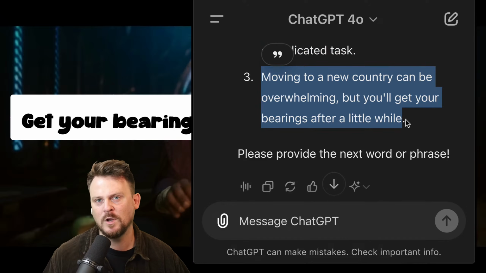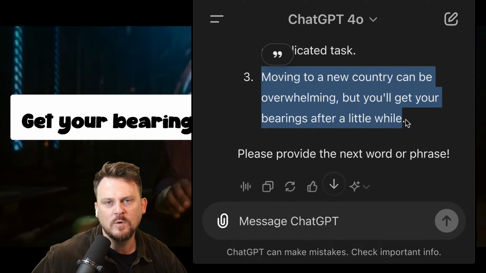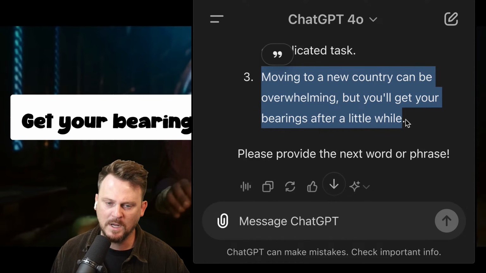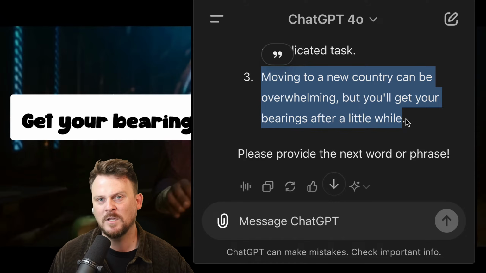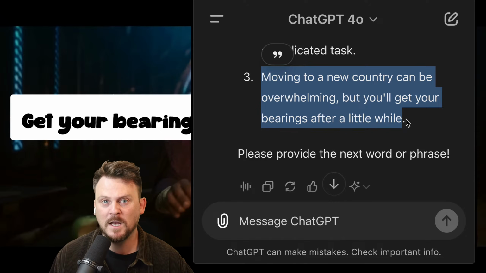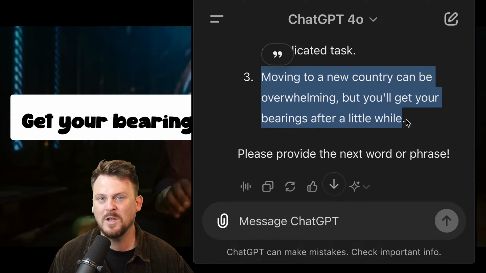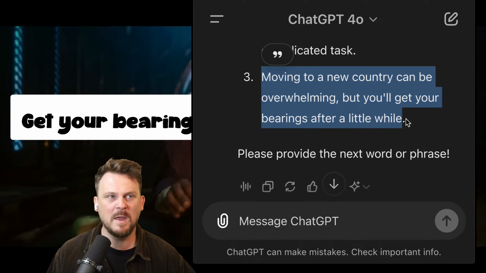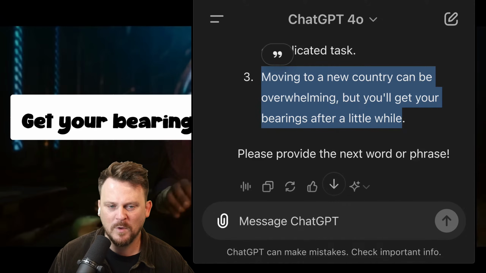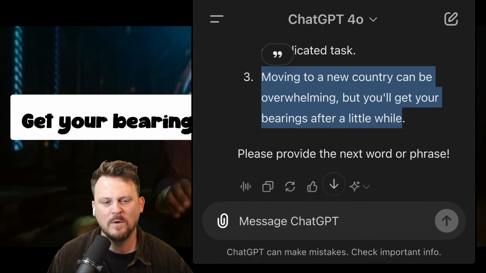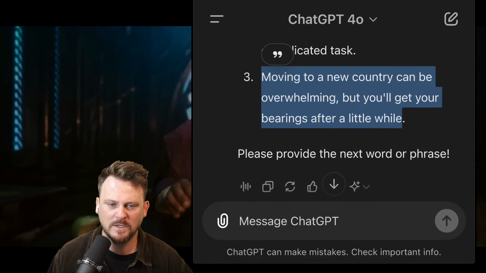So that's not about just knowing where you are in the new country. That's about maybe learning a little bit of the language, understanding the culture, knowing where the supermarket is, maybe knowing where you can get help when you need it, making a few personal connections with people, right? So that's a more general way of using it, to get your bearings. I like that one. Okay, let's keep going here.